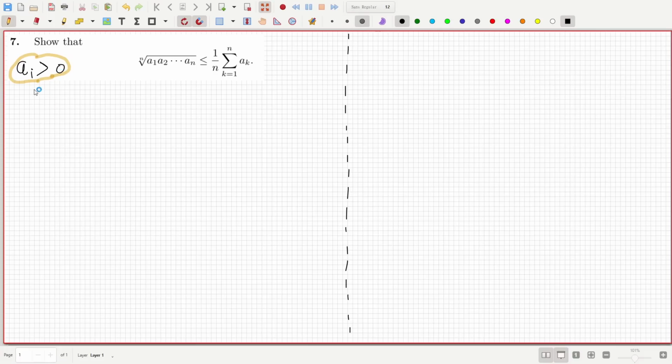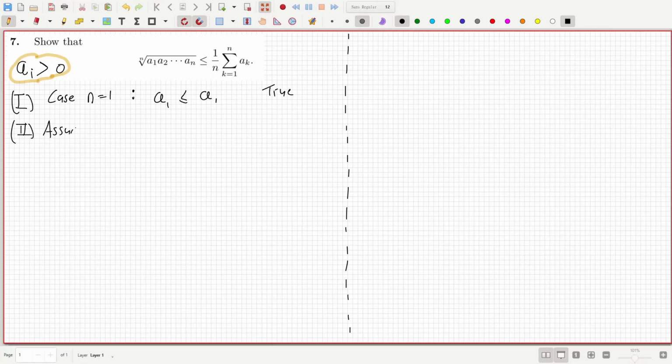Okay, so step one, case n equals one. So that's the one root of a1, 1 over 1 sum a1. So that's obviously true. So that's done. Two,